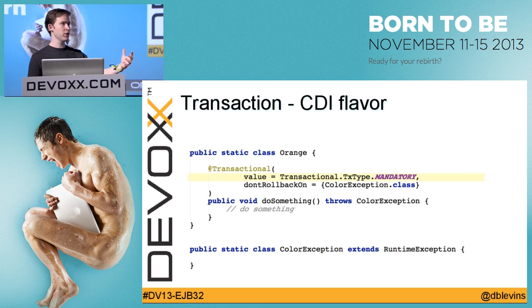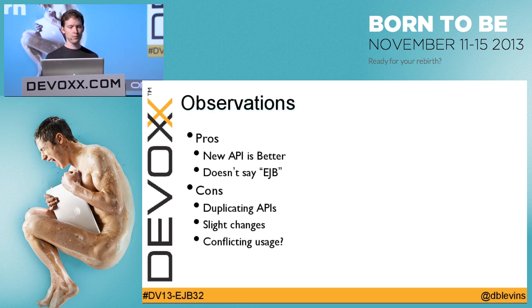So the new transaction annotation API allows you to say, don't roll back transactions on this exception and have that be just for that one method. So if you wanted to say wrap your entity manager usage and say if they throw this particular exception, like say persistence exception, does not cause transaction rollback. I'll handle that later. Don't worry about it. So this is a better API, and we consider this to be a success of aligning CDI and EJB,